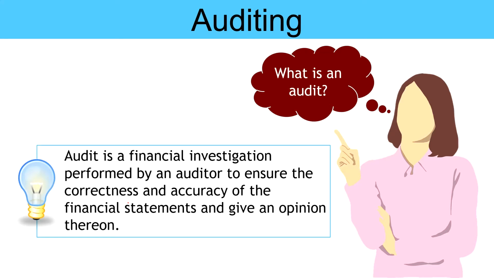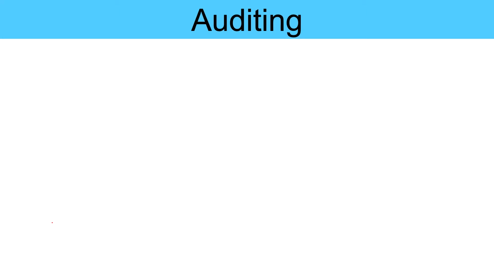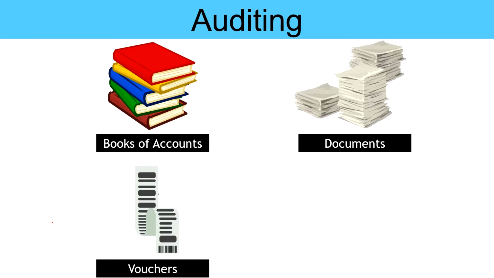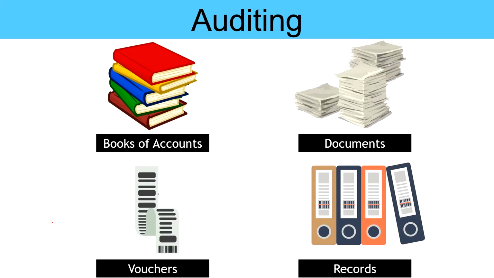So it is just like a financial investigation performed by an internal or external auditor. In this process, the company's financial statements are examined to ensure that they are not just accurate but free from any errors too. In this process, the auditor will independently examine the books of accounts, documents, vouchers and records of a company. Here by the term company, we mean any entity, whether profit making or not, regardless of its size